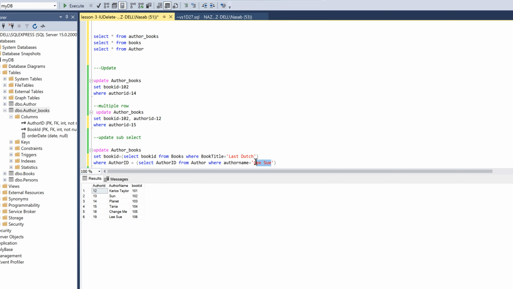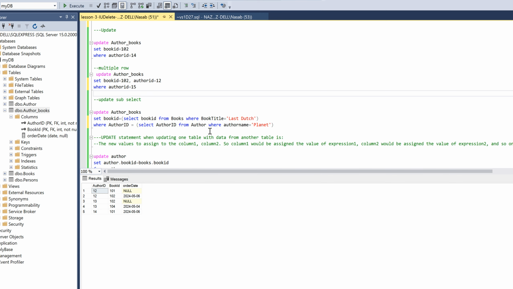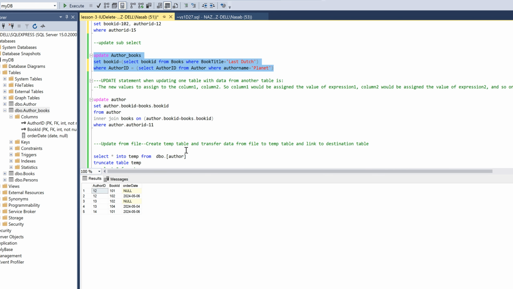We can say planet. Let's try planet. So one row is updated. So in this way you can do that, because I have no plan, it's not real, so that's why we can jump in here and there, just trying to show you. So in this way you can use the subselect statement for the update as well, and then we can use